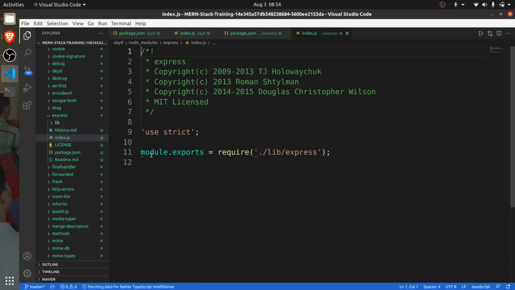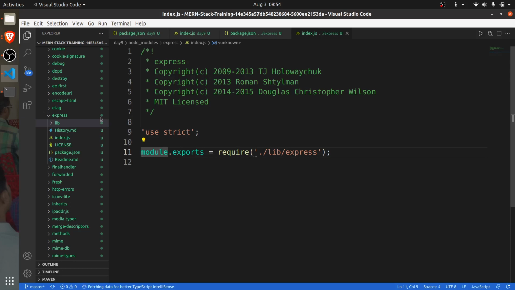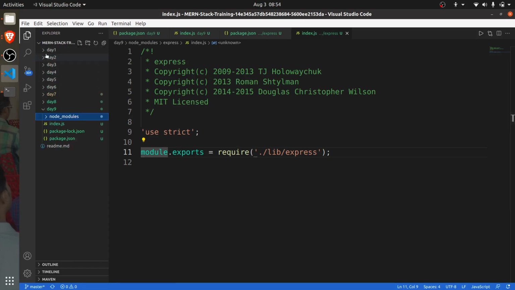See here, for this thing it requires that main file, which means from where exactly you have exported all these things. You getting that? That is generally written in index.js.